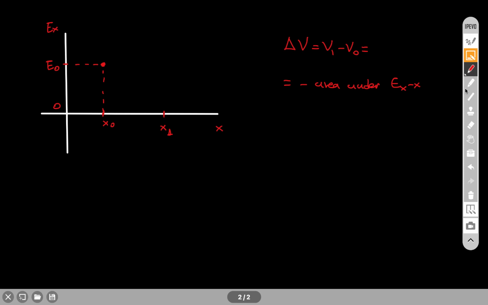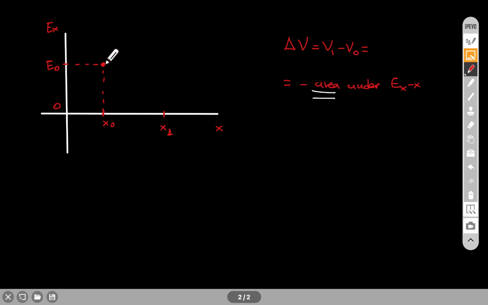Now, this is the important part. I need to calculate an area. To find an area, I need to have a line. I need to know the graph, and that graph needs to go all the way from x0 to x1. So, only if